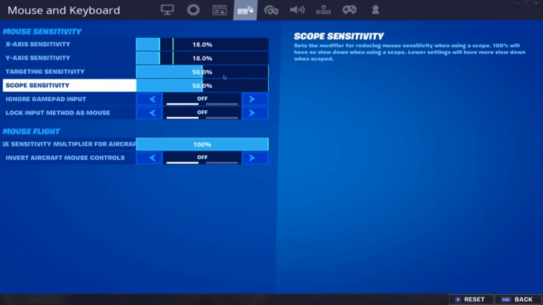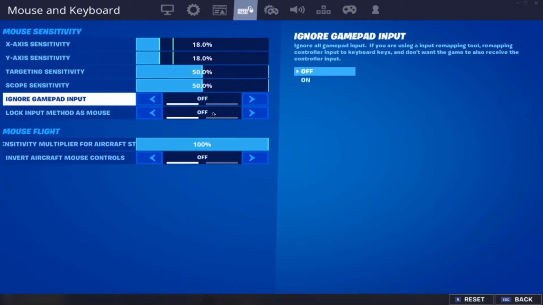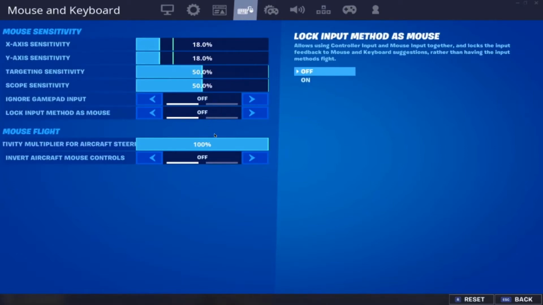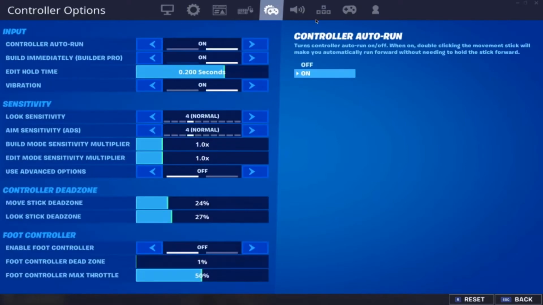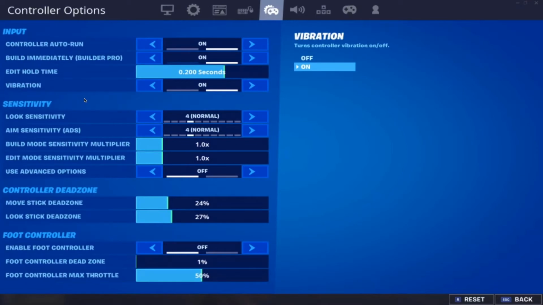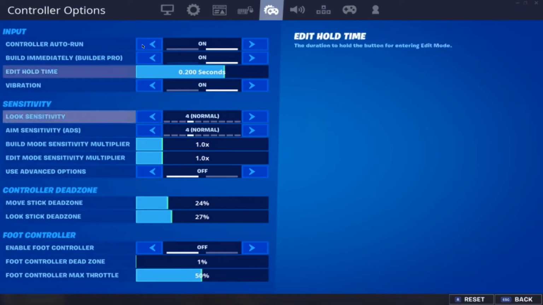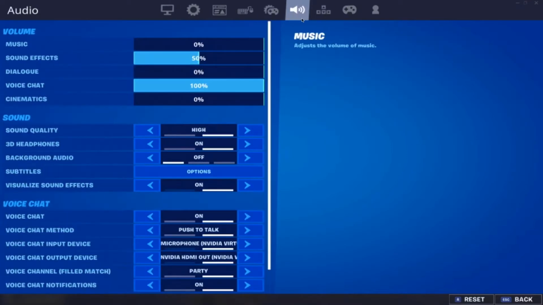So my targeting and scope are both 50, and these two I'm not going to worry about. Just keep those off and keep these settings right here. If you do play on controller, these are the default controller settings, so you might not even want to copy my settings here. And music, I keep my sound effects on 50,